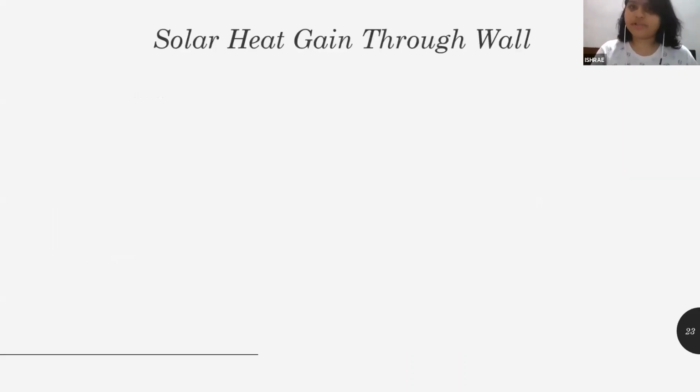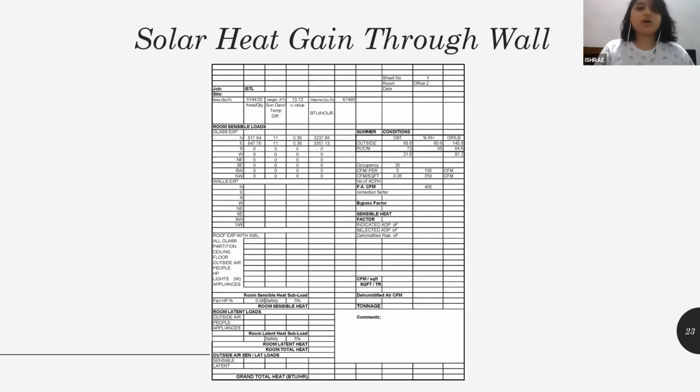Now that we're done with glass, we can go ahead with solar heat gain through a wall. I know this lecture might be a little heavy for you, but just bear with me. When we reach the end, you will be extremely happy. Just bear with me. Solar heat gain through wall. But before we can put in all the values for the solar heat gain through wall, there is one factor that is to be filled in before, and that is called the correction factor. The importance of the correction factor has already been explained by Gaurang sir in the previous lecture, so you can go there.